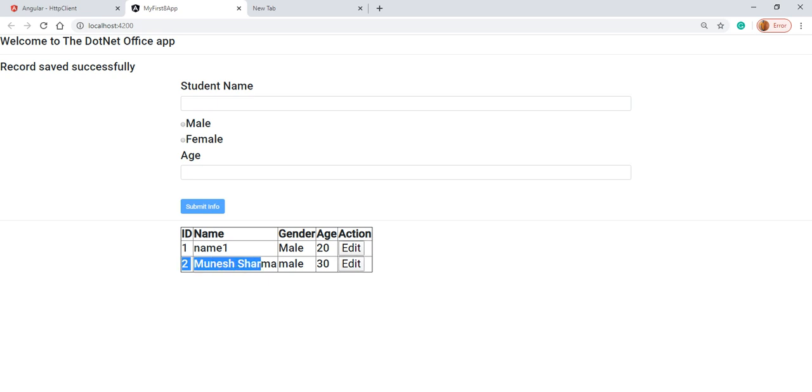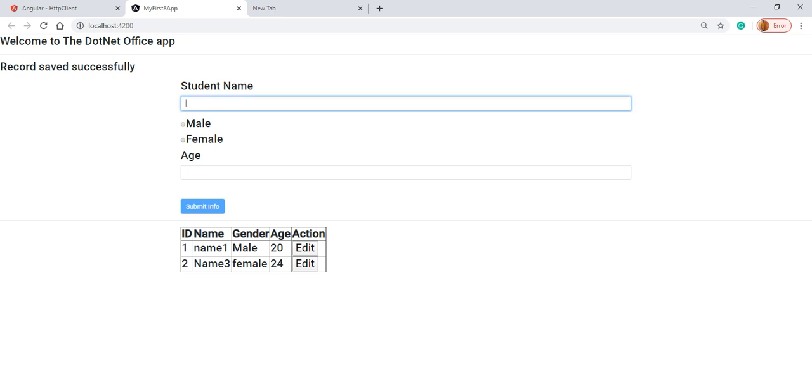And if we want to click on this, we have loaded it in that way. And if we want, we can put another name 3, female, and I have given 24, and update the information. Okay, we changed the information.